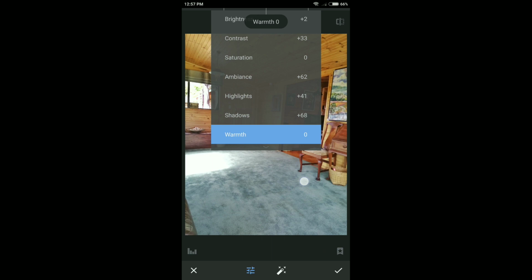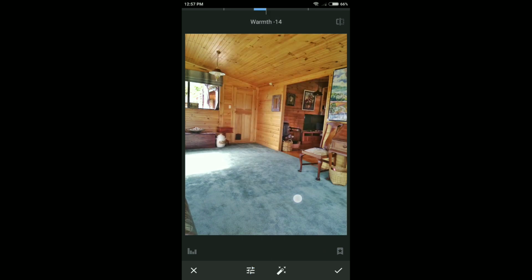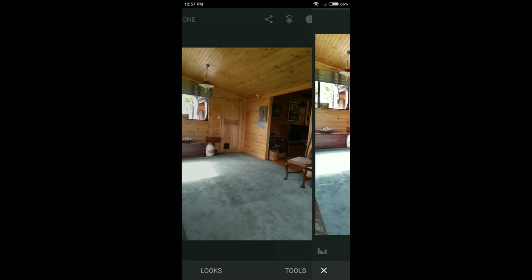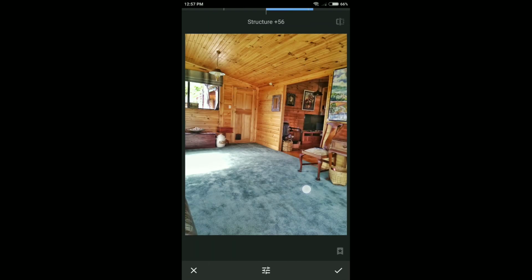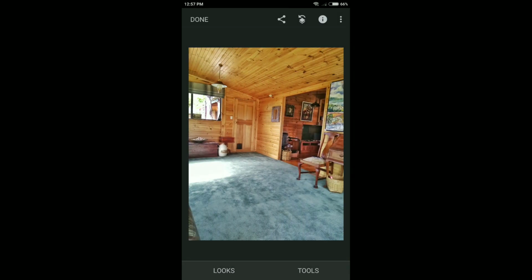Bring up the shadows a bit. It's not too bad actually. And at the same time we'll bring up the details a bit to give it that nice warm look. If we're happy with that, the look and feel of that,